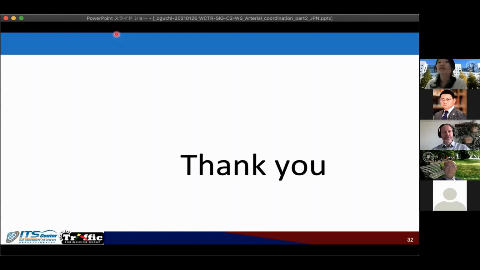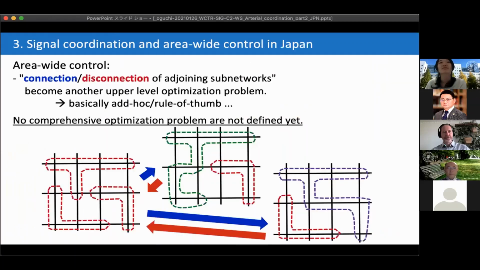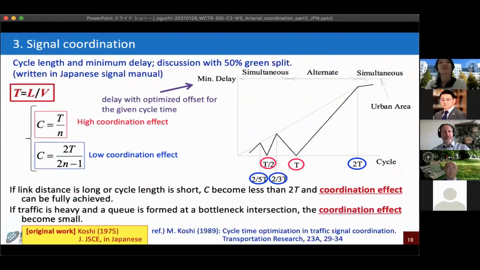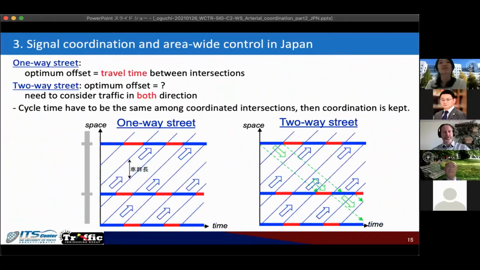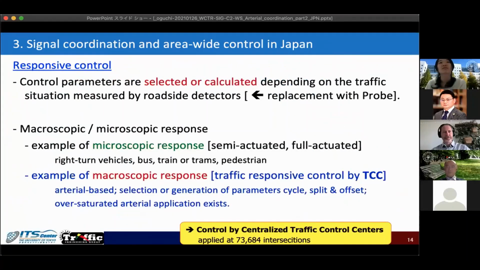Thank you. I have a short question. Yes, please. You showed us in one of your early slides that you replaced the ordinary loop detectors with probe data, if I remember correctly. So is it practice or still in research? Yes, this one. The replacement with probe. You are saying that you are going to use the probe data to replace roadside detectors? Yes, maybe for today, I didn't have time to talk about that, but as you may observe,